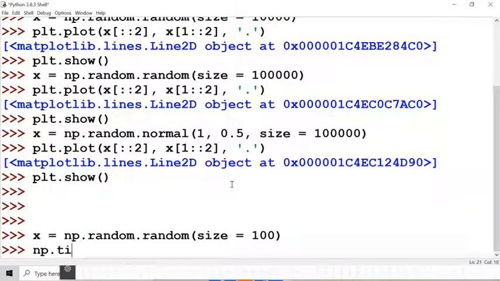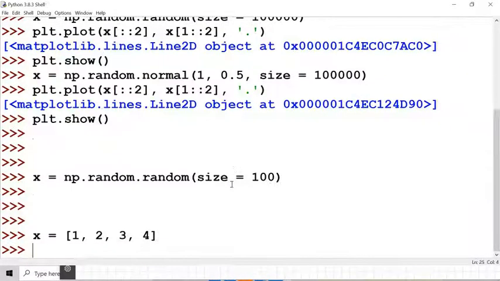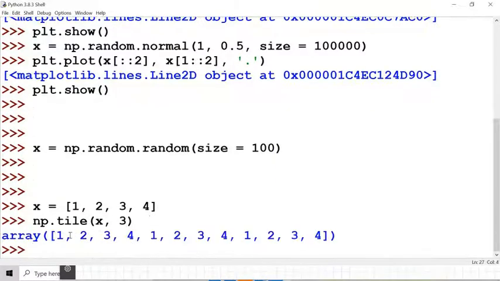Let me first show you, say for example, x equal to 1, 2, 3, 4. Let me show you what np.tile does. If I say x and 3, that means I want to repeat this set of numbers 1, 2, 3, 4 three times. So it is 1, 2, 3, 4, 1, 2, 3, 4, 1, 2, 3, 4.